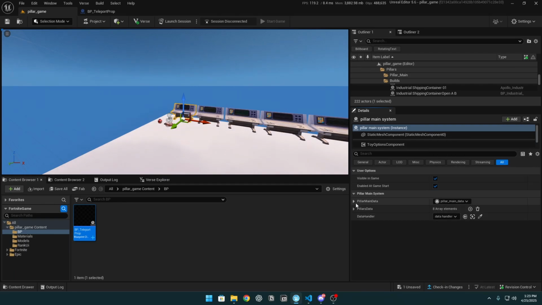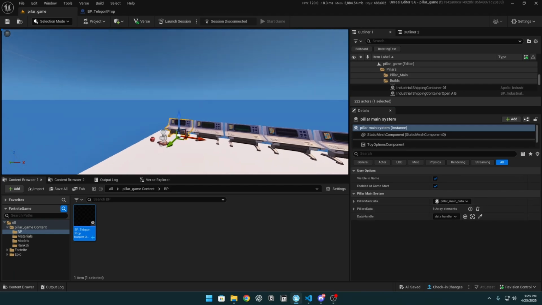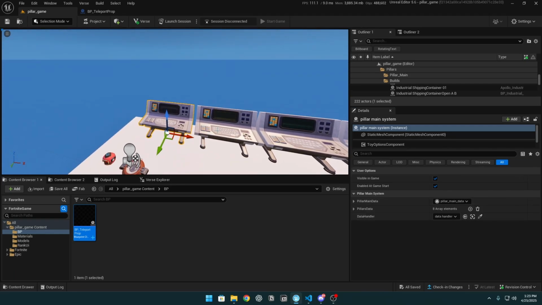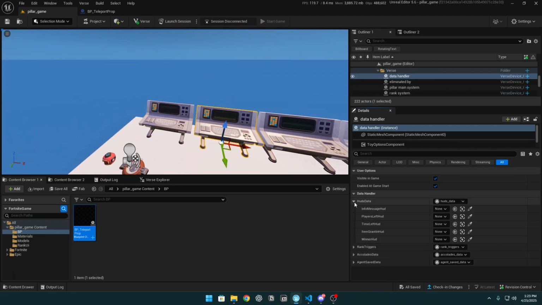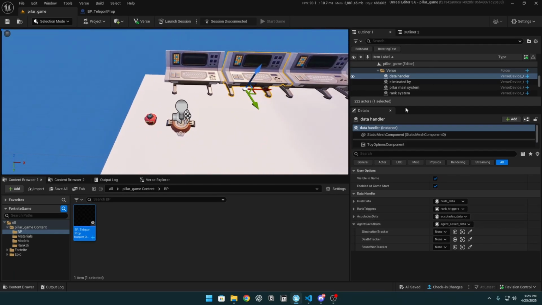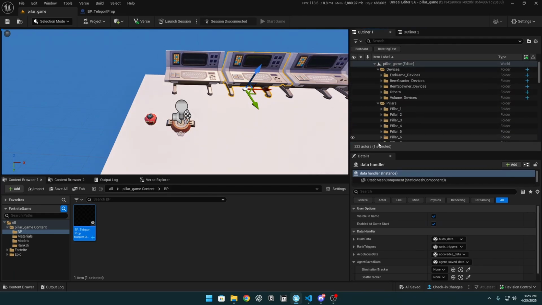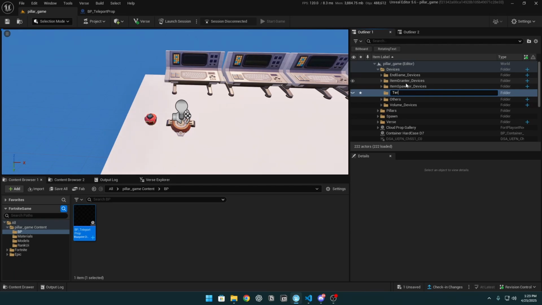Okay, so we have all the pillars set up. So the whole pillar main system is set up correctly. So let's go to, okay, this, okay. So let's start from creating the folder in the devices named tracker